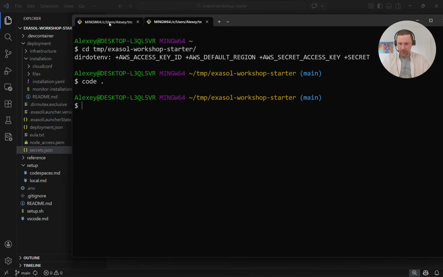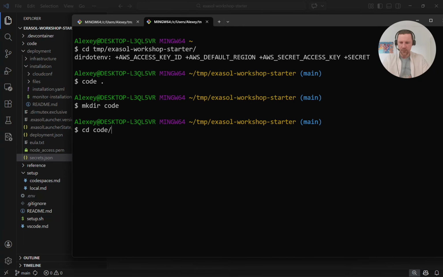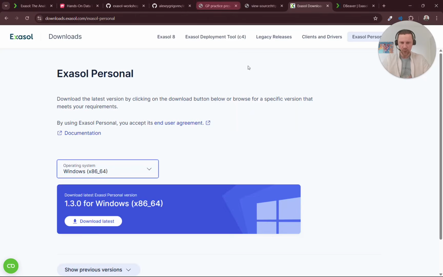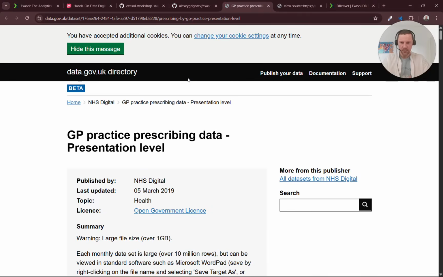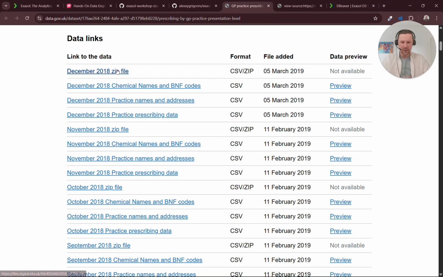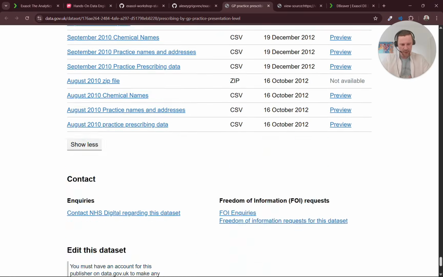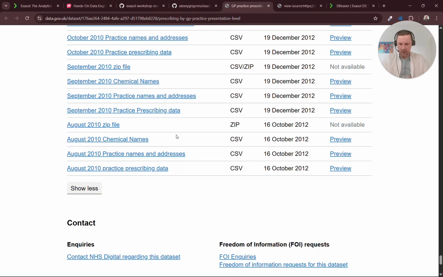But it's been created, so that's why I'm going to create now a folder, code, and in this folder I'm going to take a look at the data. I already showed you, let me close that. I already showed you this link, right? So this is the page that contains all the files. And we can see that there are quite a few of them. So I'm going to start with,